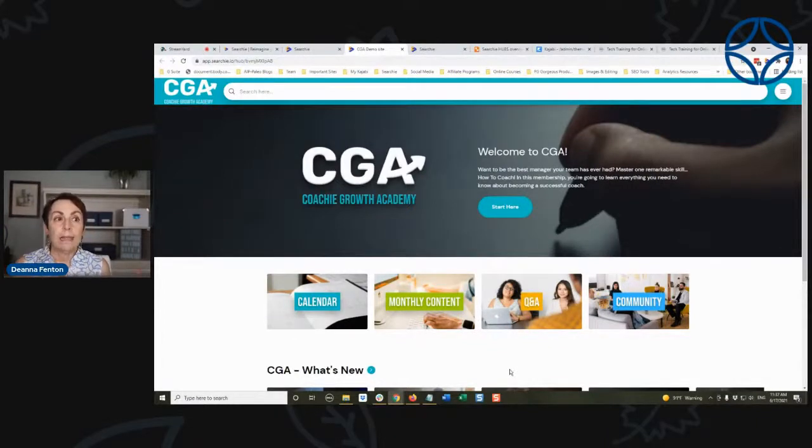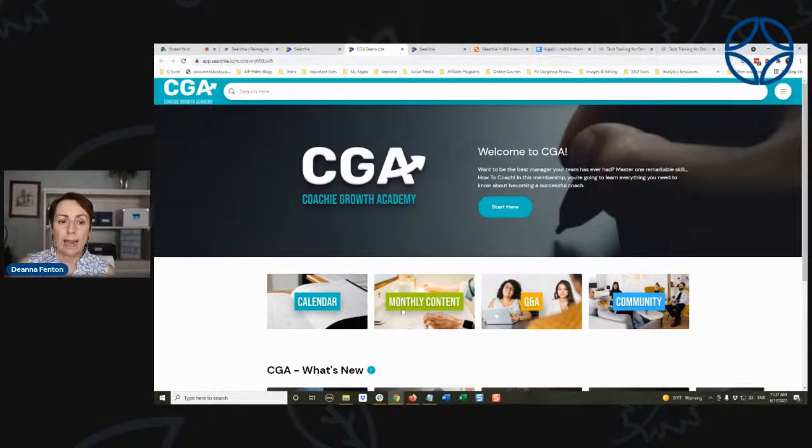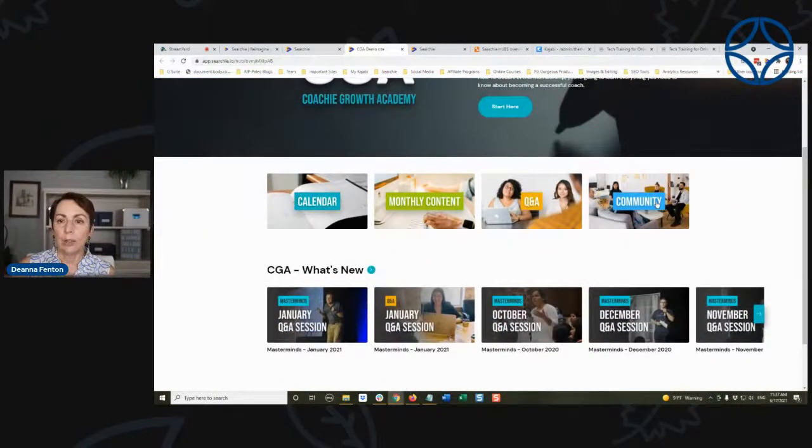So you can see it has a big old search bar at the top, because don't forget, that is the primary goal of Searchy, being able to search the content. You have this big call to action section where you can link this button to a page or to an external URL. Over here on the right-hand side, we have a hamburger menu that opens up with different pages. And you can have these call to action grids that also link. They can link to pages, and they could link to external URLs.